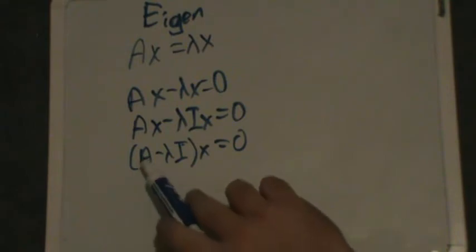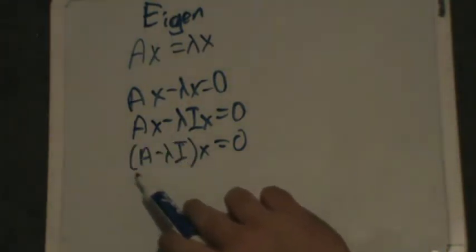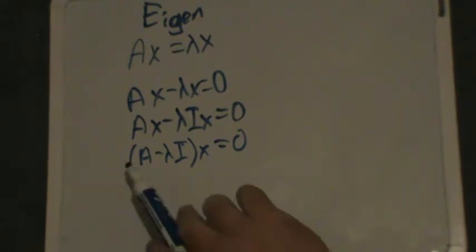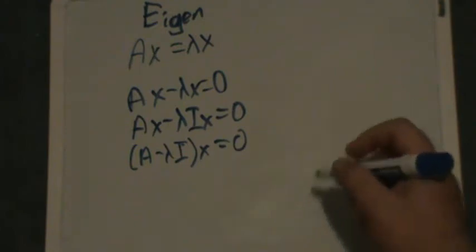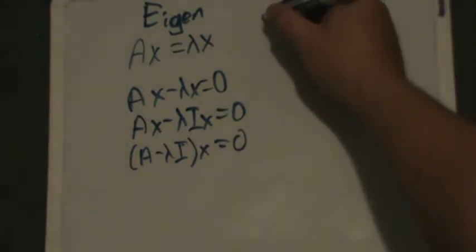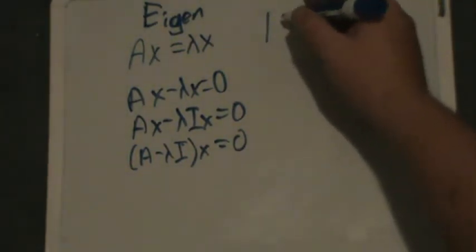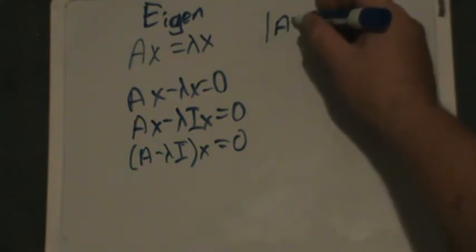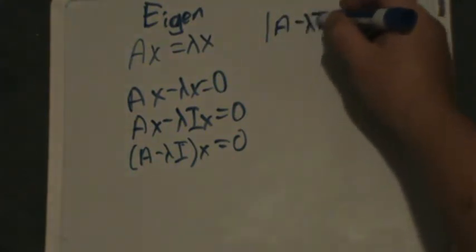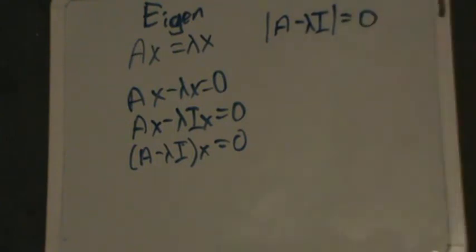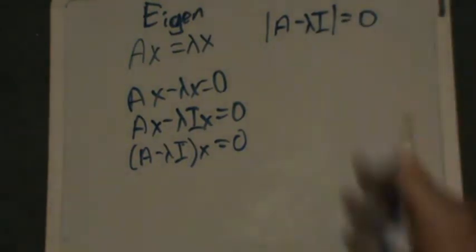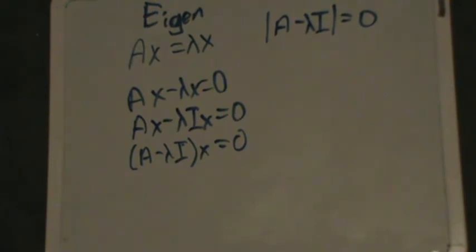Now we're going to break this down. Since this has a 0 in it, this is non-invertible, and there are things we can do to take a look at that. One of them is the determinant. We know the determinant of a matrix that is not invertible is equal to 0. Ultimately, if the determinant equals 0, it does not have an inverse.